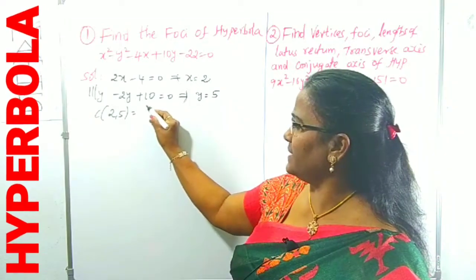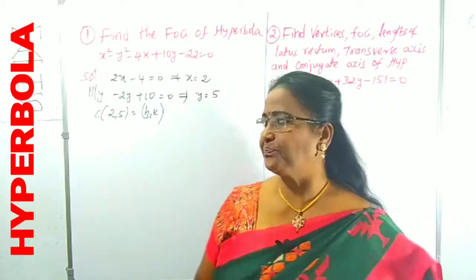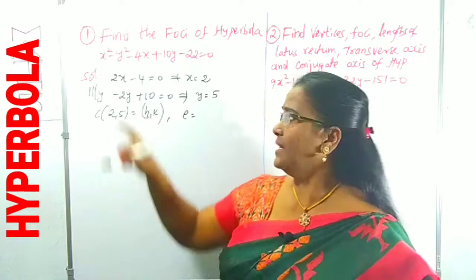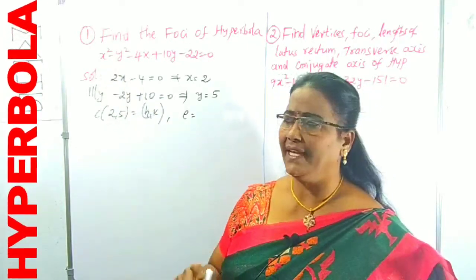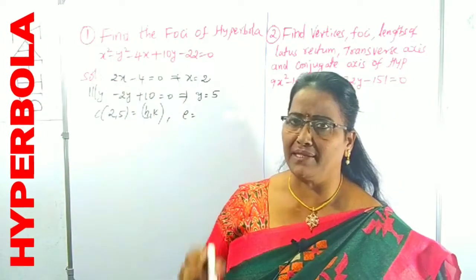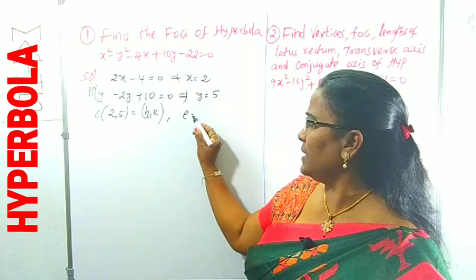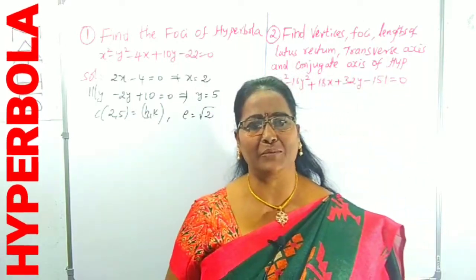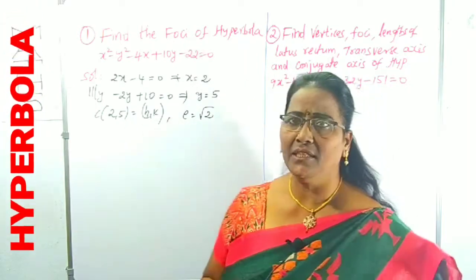So it is taken as (h, k). Okay, right? You know the h and k values. I said this is called a rectangular hyperbola, where the x square and y square coefficients are equal. Don't worry about the minus; in a hyperbola, the y square term will be negative. So e is root 2. That is, the eccentricity of a rectangular hyperbola is root 2. So you know the h, k values and the root 2 value.